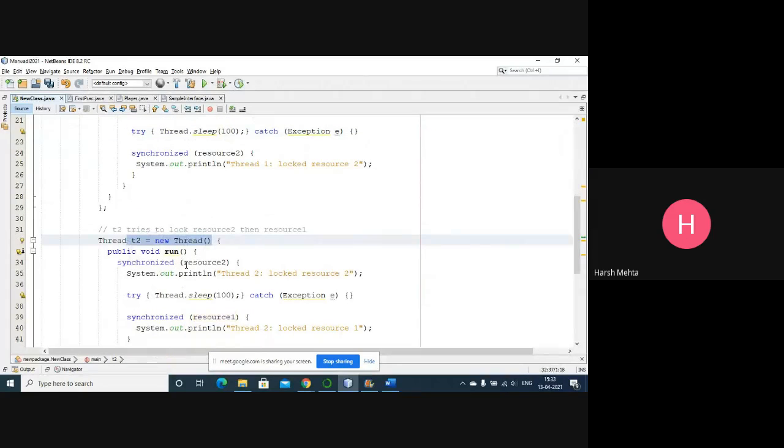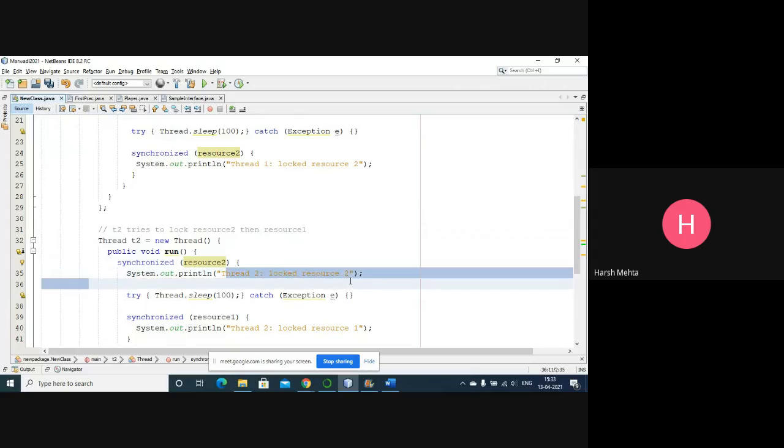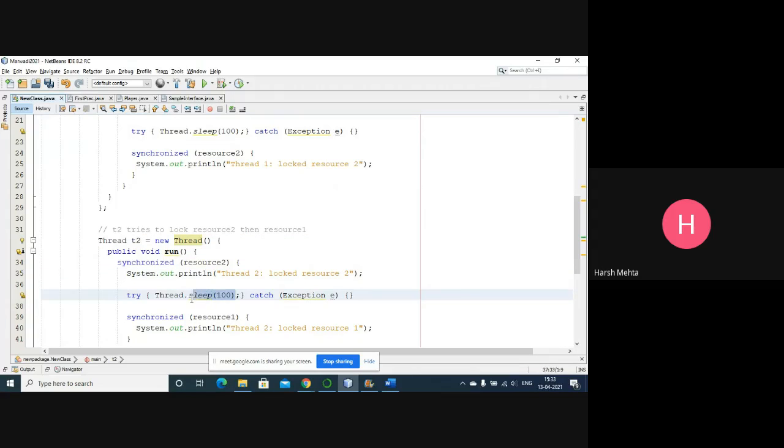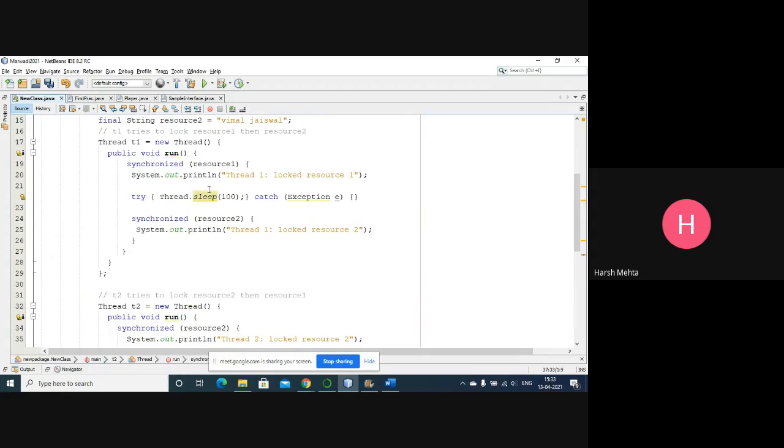So it will put a lock on resource 2 and print thread 2 lock resource 2. And again, this thread 2 goes to sleep. As soon as this goes to sleep, the scheduler will see which thread is there. Now, if by any chance thread 1 wakes up again, then thread 1 starts executing again.